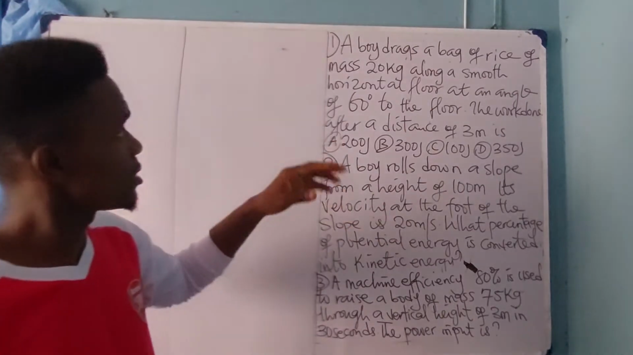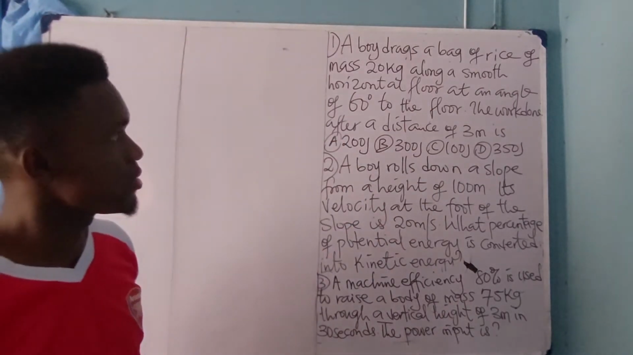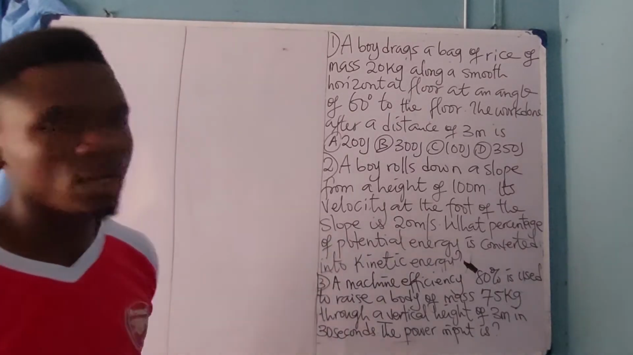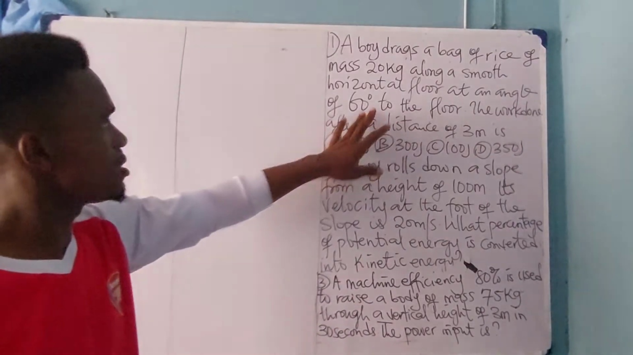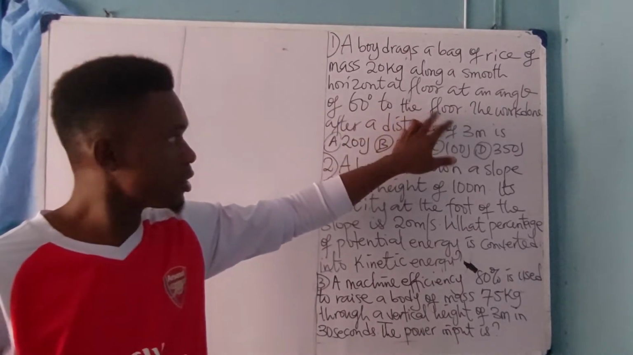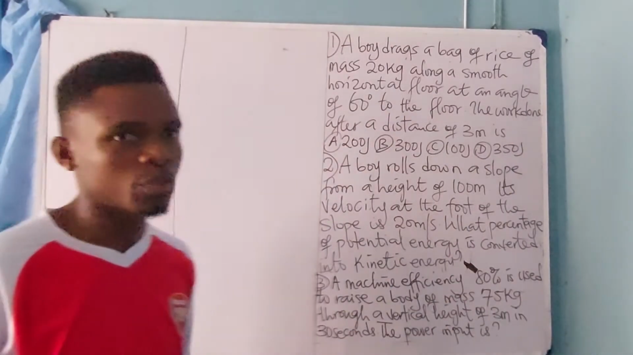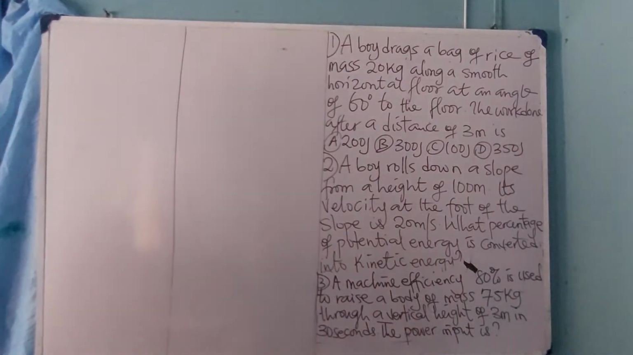Now the first one says, a boy drags a bag of rice of mass 20 kg along a smooth horizontal floor at an angle of 60 degrees to the floor. The work done after a distance of 3 meters is dash. We do not know. So in doing that, I told us that